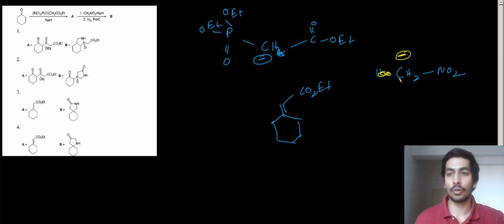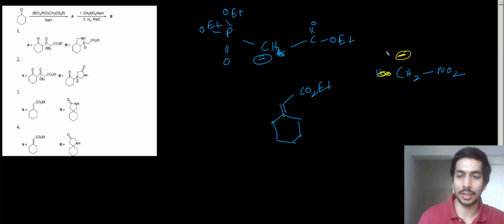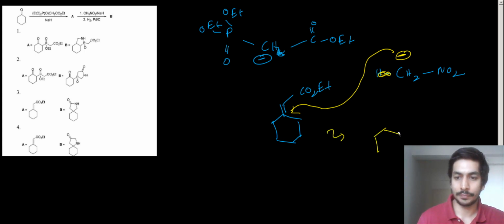It is going to give you 1,4 addition, 1,4 conjugate addition, because over here either 1,2 addition can take place or 1,4 addition can take place, right? This double bond is in conjugation with the CO2Et group. So the only thing you had to identify, that was the trick in the question, is that 1,4 addition will take place. All right, so once the 1,4 addition takes place, what do you get?